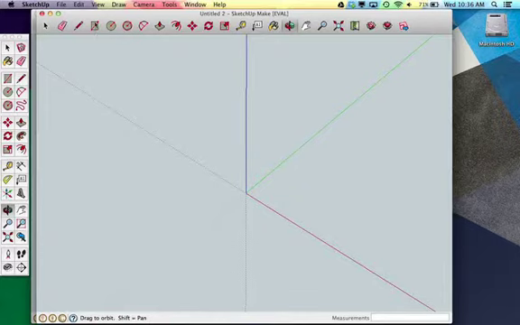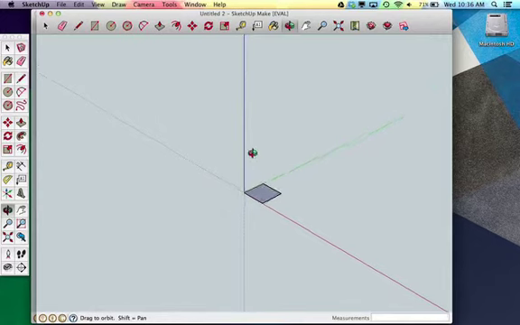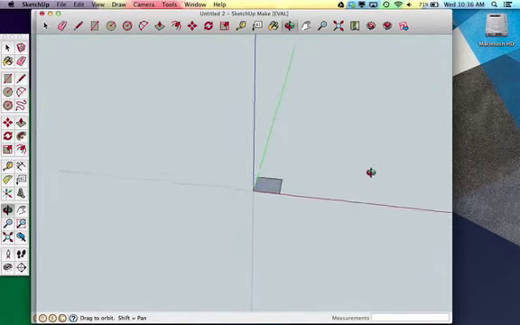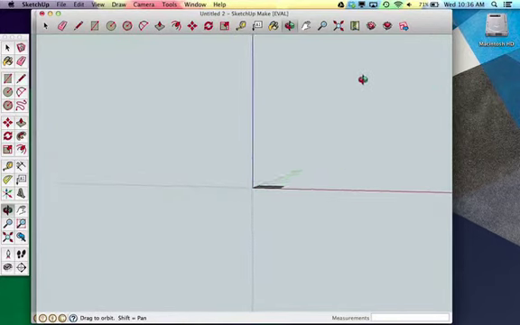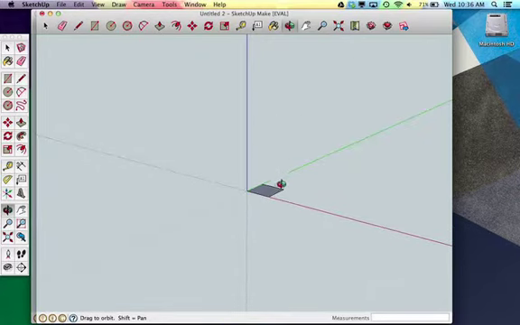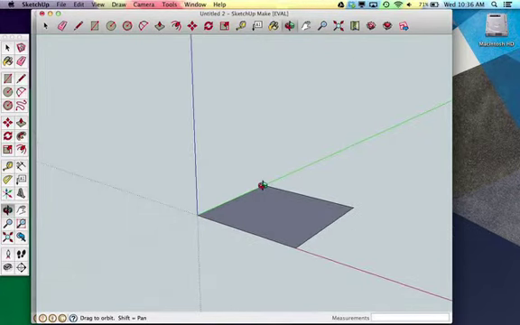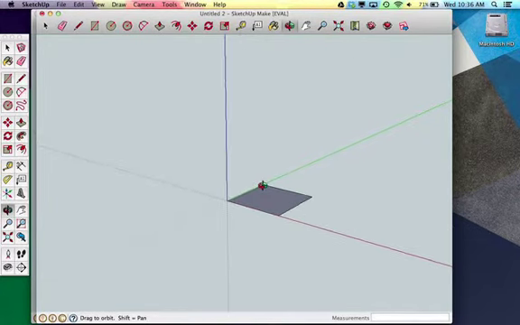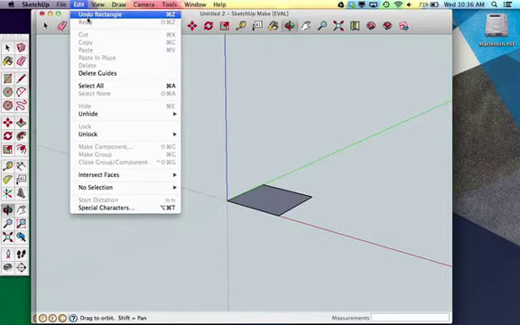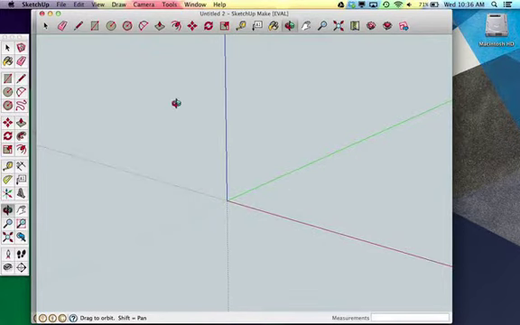Now the easiest way of looking around in this world is if you draw just a simple object on the floor and then you try to pan around, you get a better feel for how this world rotates and how you can see it from lots of different angles. And also if you do the two fingers, you can zoom in and zoom out. Now I'm going to press Edit Undo to get rid of that,